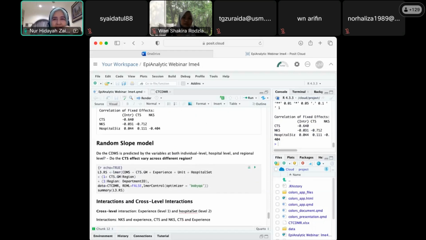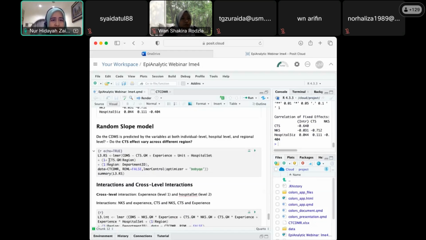Now we might want to add a random slope. In this case, we want the level of critical thinking to vary between regions, and to define these random slopes is only relevant for the region and not for the hospital within the region. We need the longer notation. All right. So here I have already added the critical thinking score on the level 3, whereas here there is still random intercept only on the level 2. All right, so let's run this model.